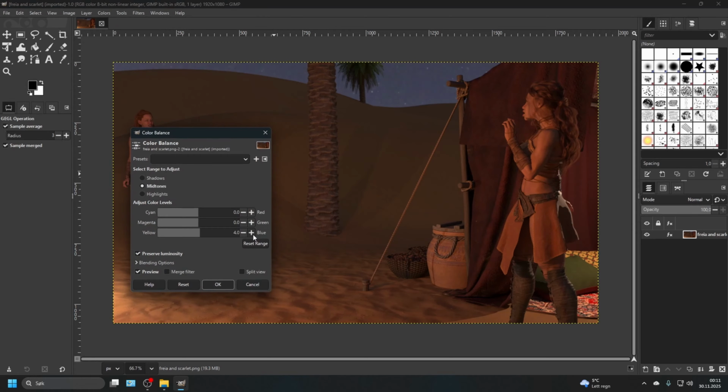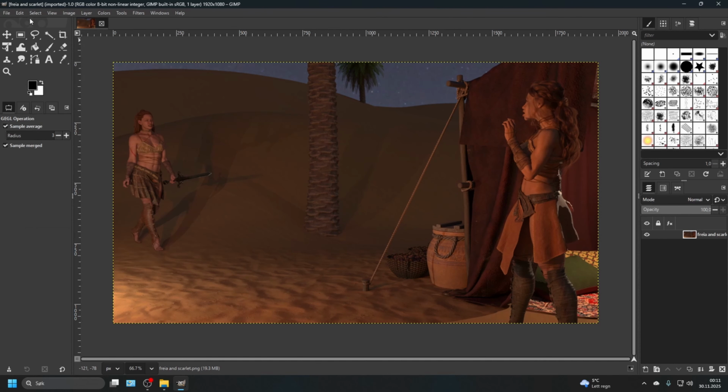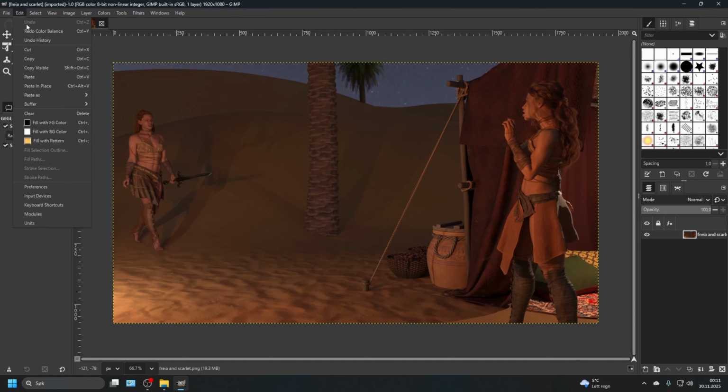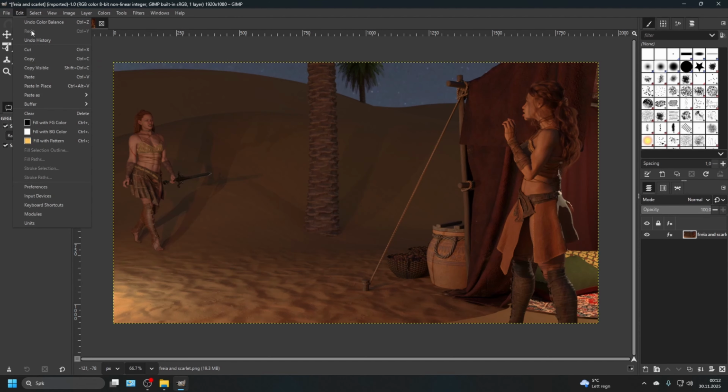Then I'm gonna see if there's anything in color balance we can change. Go to blue, a little bit of bluish tint. Maybe a little bit of green. Let's see how that looks. Not a whole lot of change difference, but